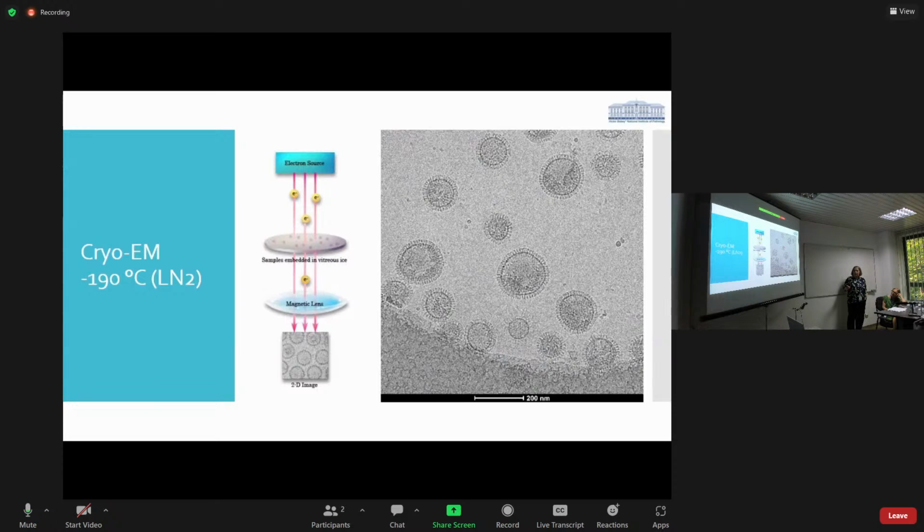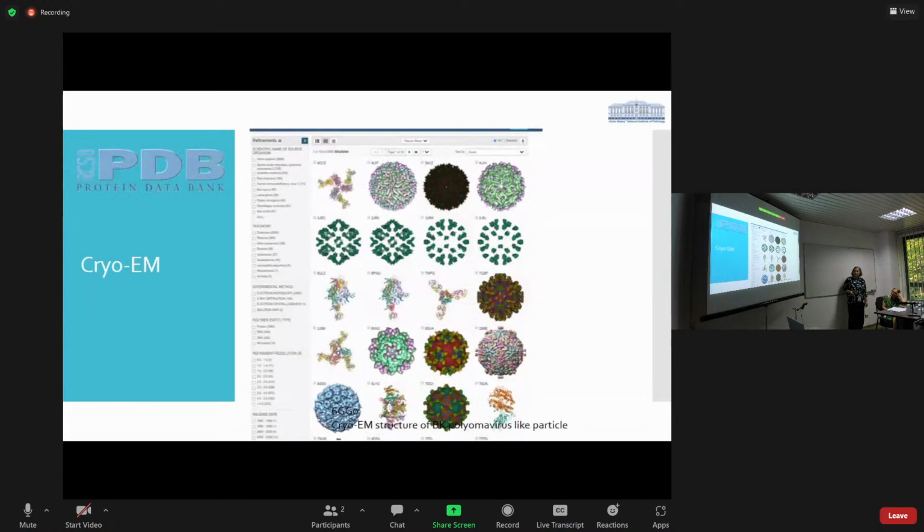In this case, influenza virus is quite visible, trapped in the vitreous ice. This technique is used today to detail at the molecular level, at the atomic level, all the molecules